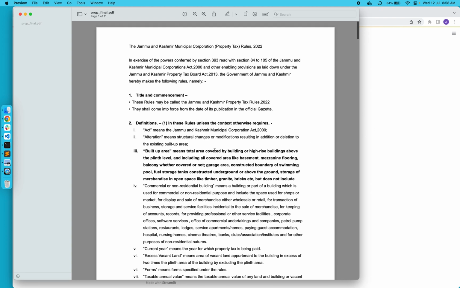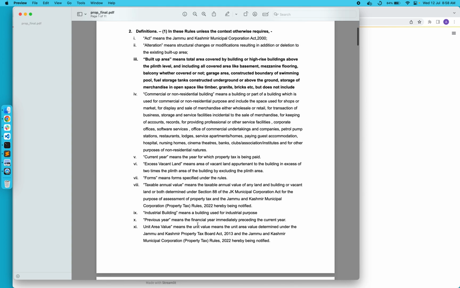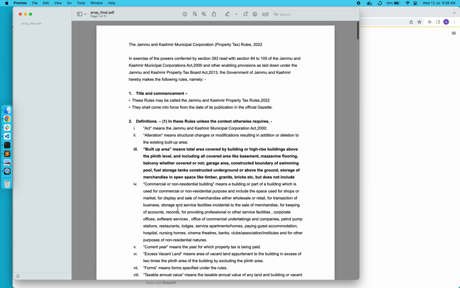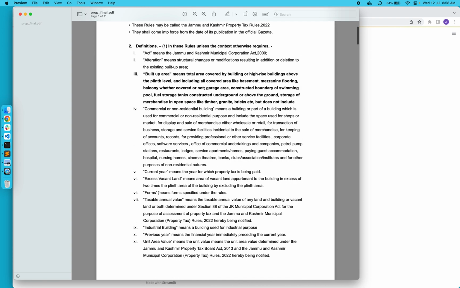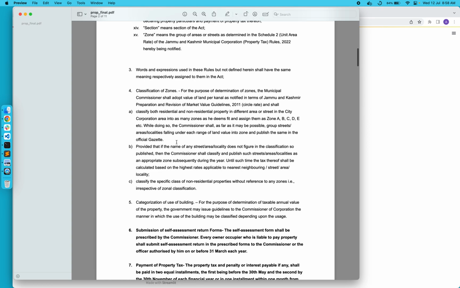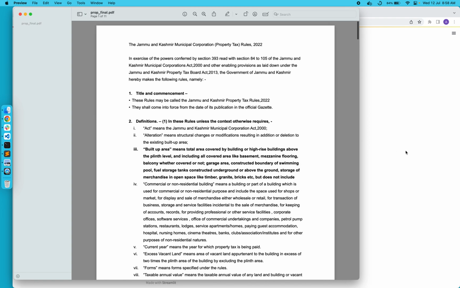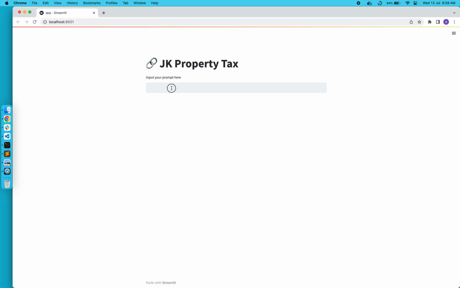Right. So let's go through this document, and let's try to ask some questions. I haven't gone through this yet, so I'll just keep going through this document, and as I face any doubt, I'll just ask the question on the input prompt, right? And then we can see this working. So let's just ask what this document is about. So it's processing the question.